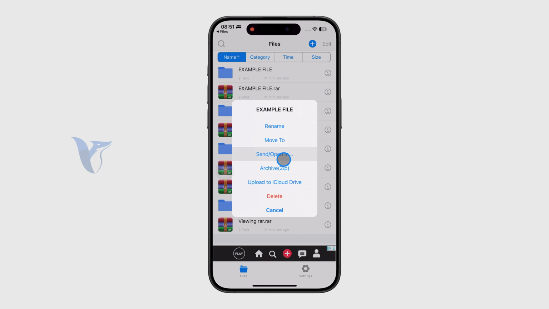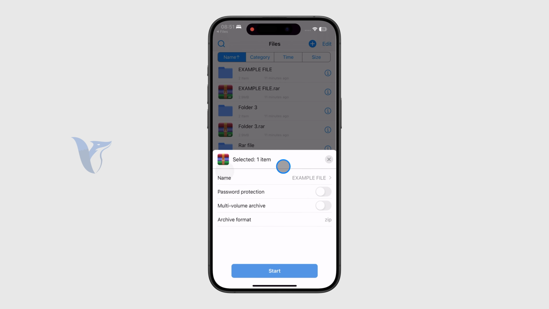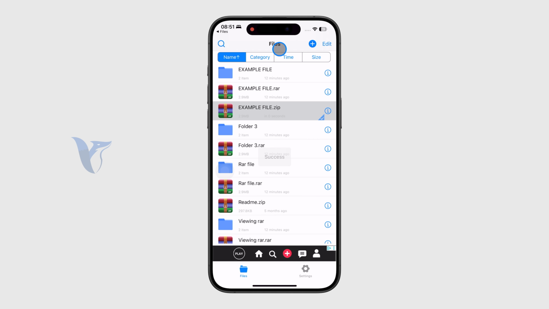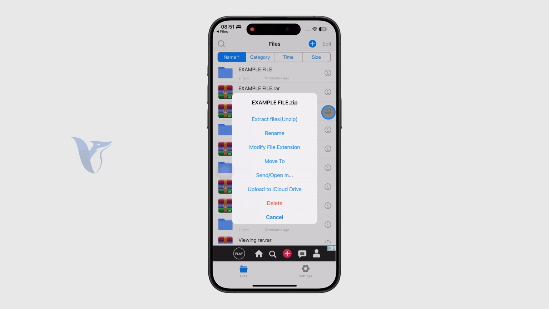And right now I can turn this file into a zip. So I'm going to click on this. You can see this is the name. I can password protect it, but I'm just going to turn it into a zip. So I at first opened up the RAR, then zipped it to the zip format, and then I'm going to click